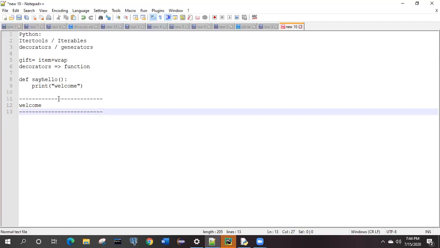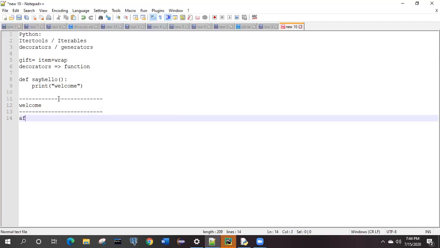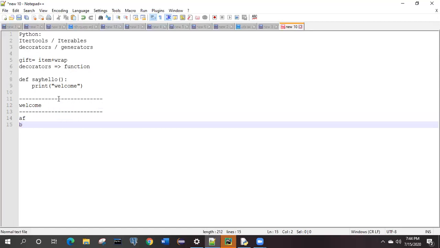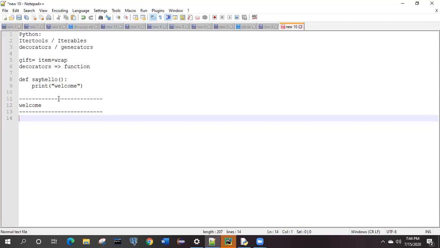By this you can easily identify that whatever you write below, x y z, is part of this welcome. So you are wrapping the welcome output into a particular function, and this wrapping work is done by the decorator function. We'll see how to write it and what the syntax would be.